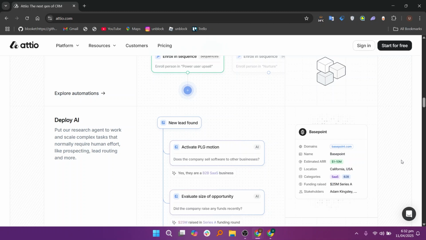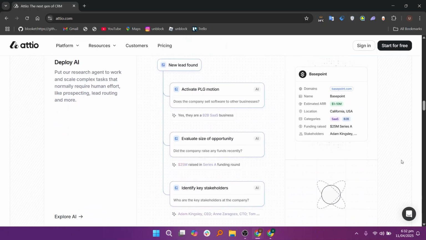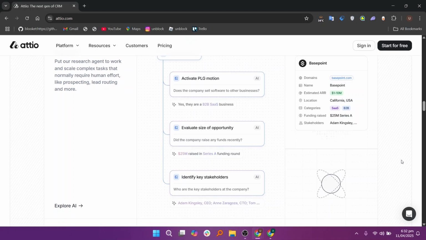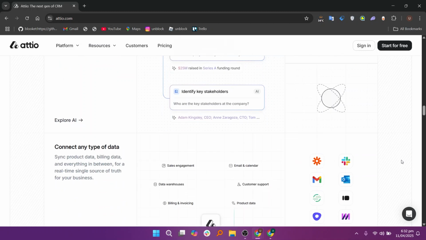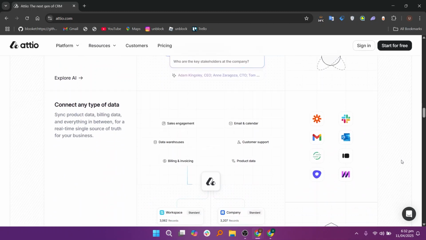One of the first things you'll want to do is import your contacts. You can do this manually via a CSV file or by syncing with Google Contacts. Once imported, Attio automatically builds profiles for each contact, collecting their information from your email and calendar history. This means every interaction with the person is visible in one timeline, saving you from jumping between apps to find